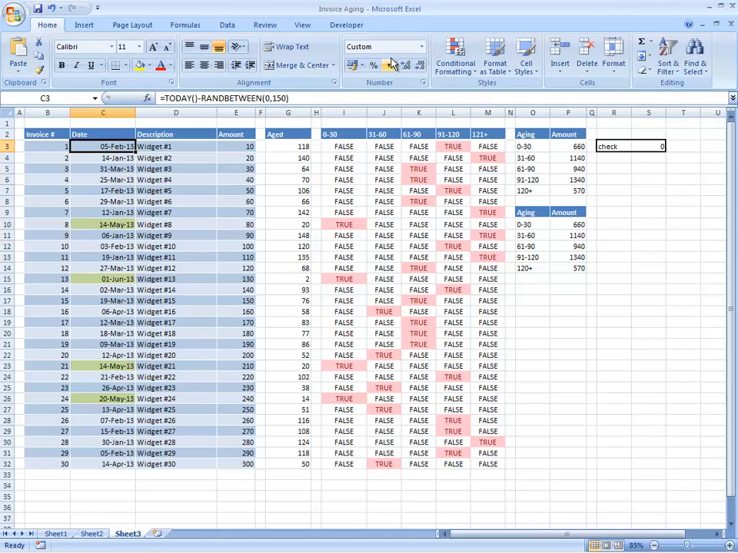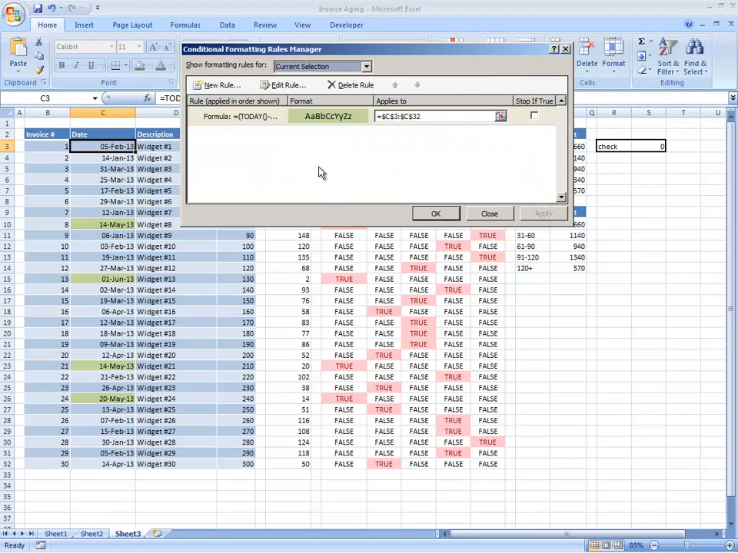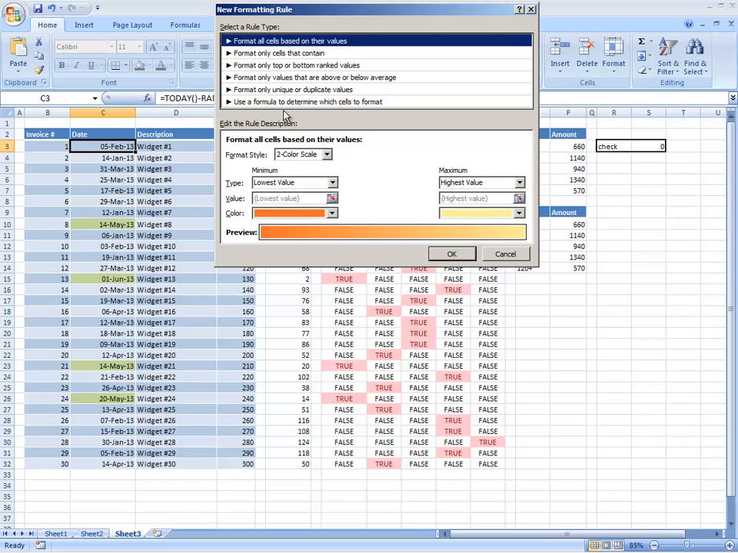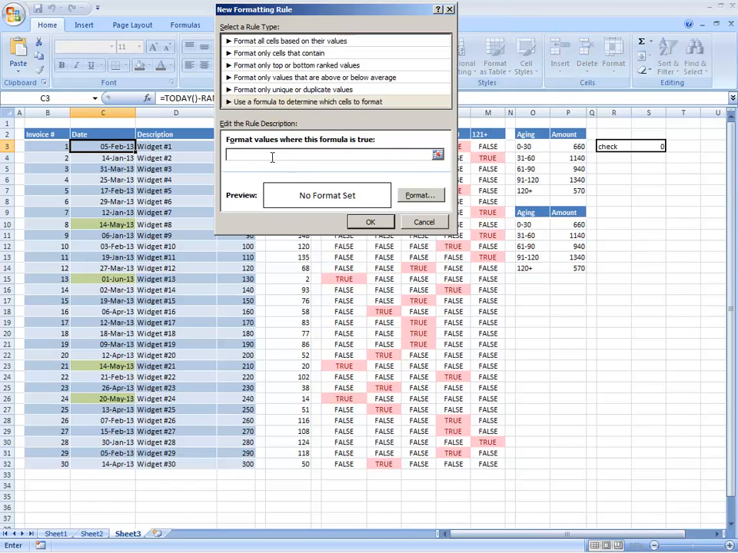So the next thing we need to do is to do whether it's 31 to 60. So again, we need to do conditional formatting. We're going to need a new rule here, and then we're going to have to say equals, and it's going to have to be AND, today minus C3 is going to be greater than or equal to 31, and